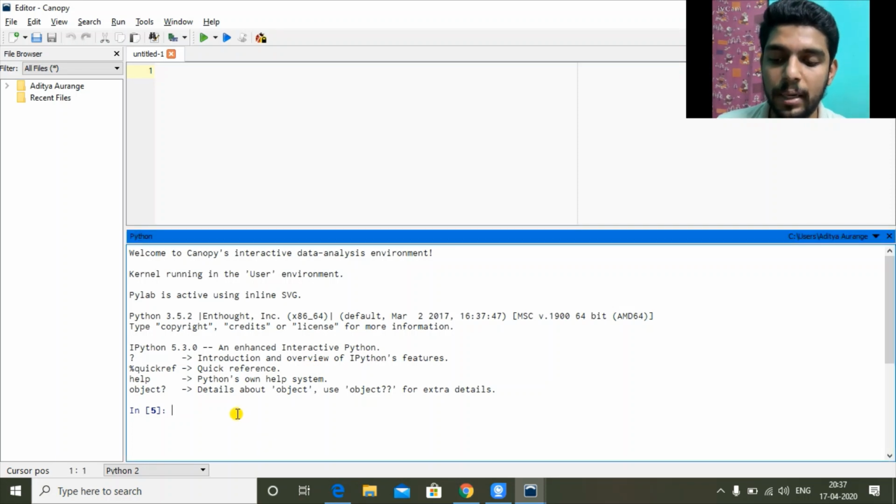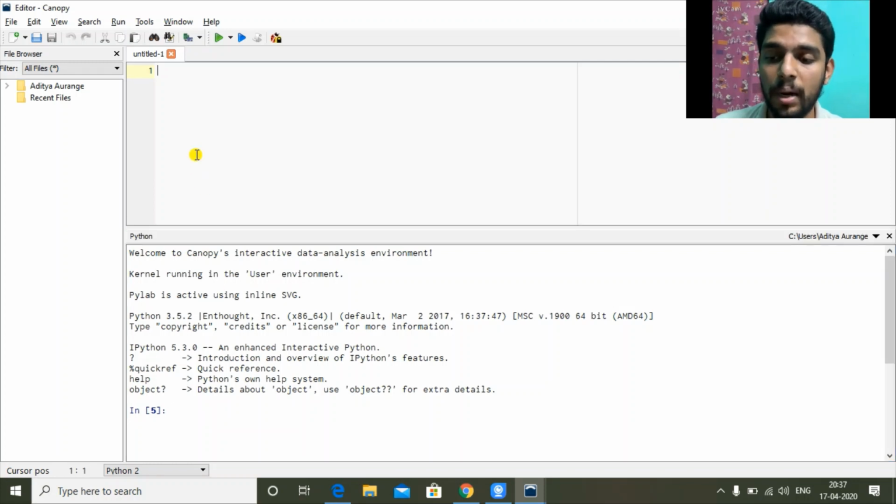The lower part is interactive mode. You can work in whichever pane you want. Why is it called interactive? Because the moment you are done writing a sentence, you press enter and you see the output. In the script part, you have to write all your code and then run. So we will see how it is different.